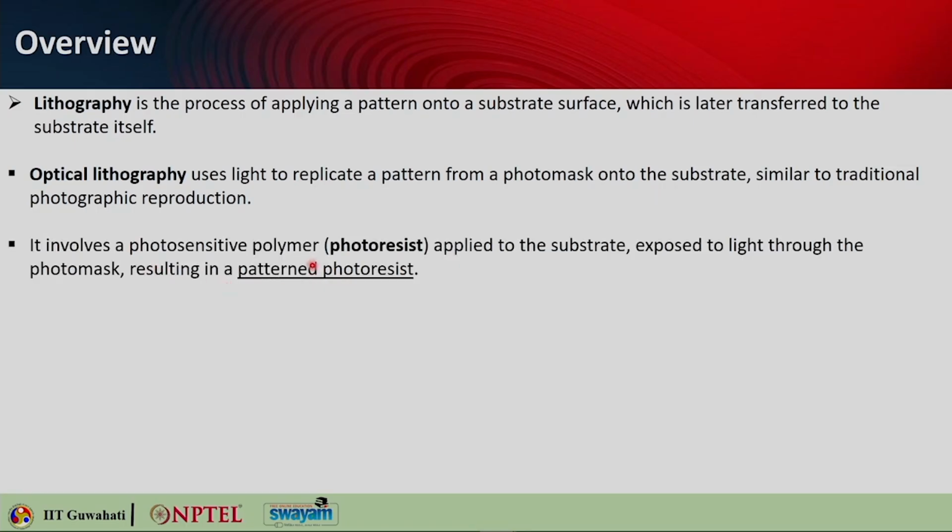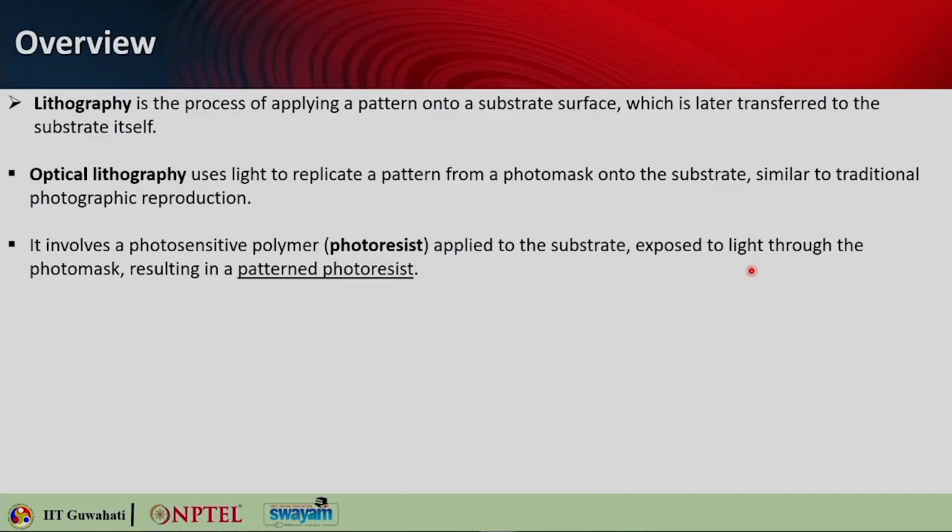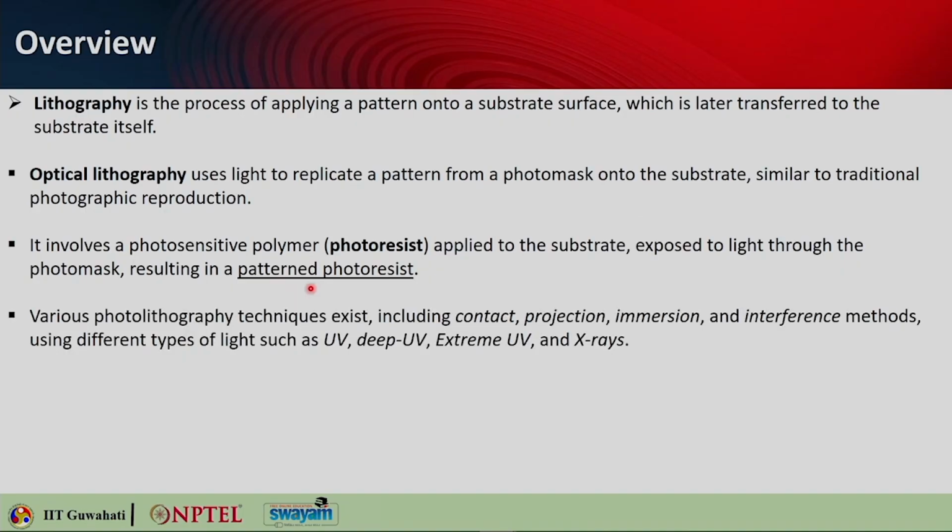It involves a photosensitive polymer, which is also called photoresist, that is applied to the substrate. Then it is exposed to light, and it is exposed to light via the photomask. So only those portions which are to be printed, that particular pattern is formed in a way on the photoresist. So that actually gives you a patterned photoresist. We will go into more details of the photoresist in this lecture only,